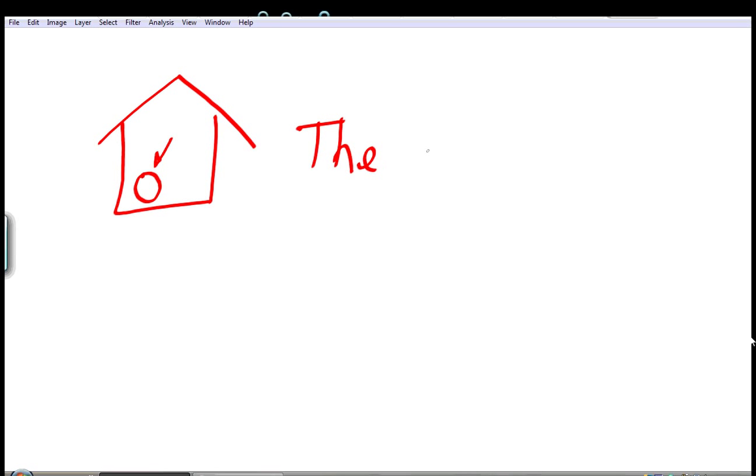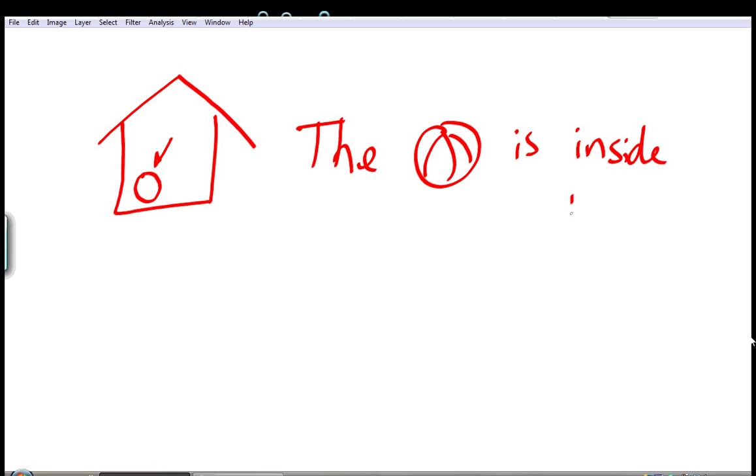Okay, maybe I'll take one more example that is a bit different. So let's say we have a house, and let's say that there is a ball inside the house. How do you say that the ball is inside the house? So this is a piece of information about the ball. I want to say that the ball that someone is looking for is